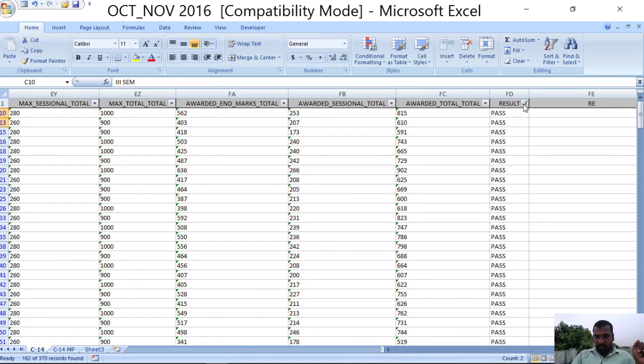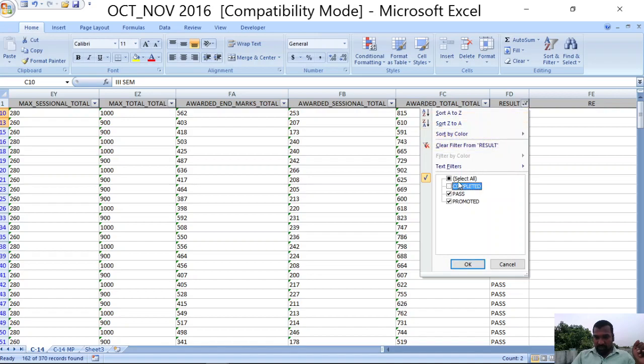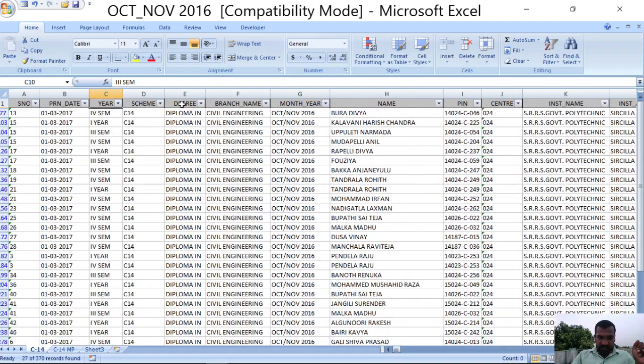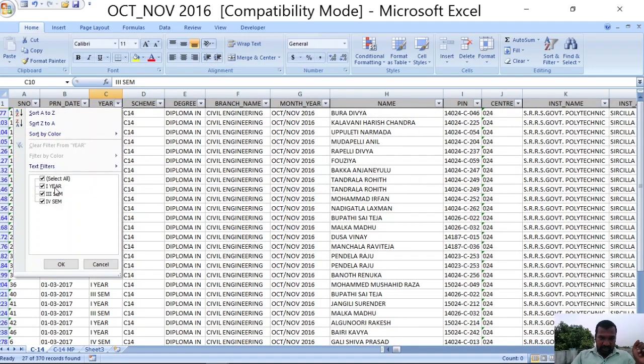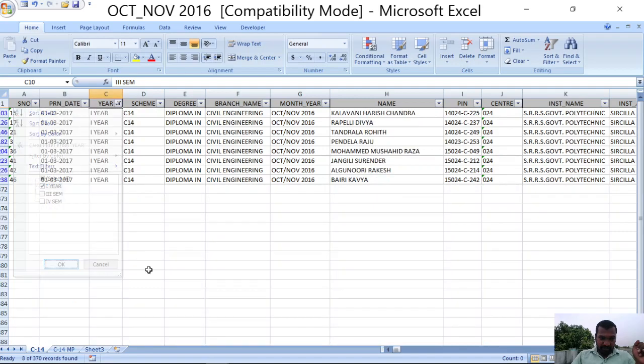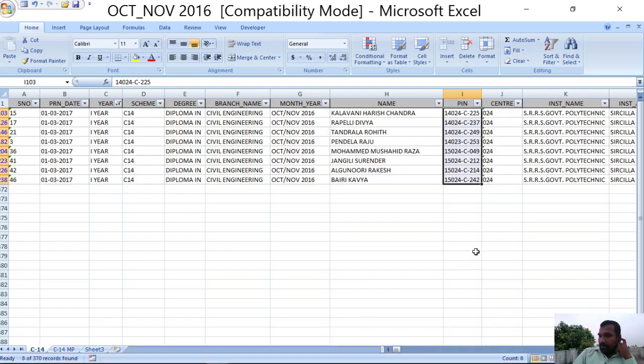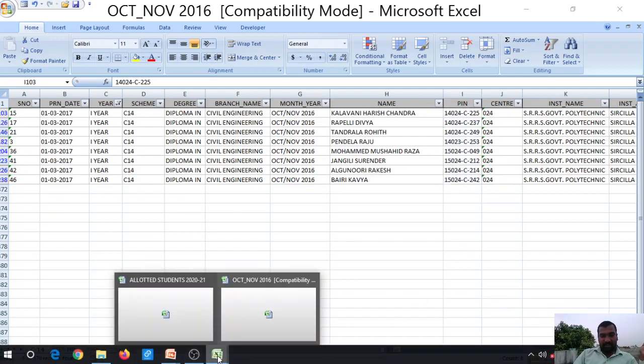So now I am choosing the completed one. Then I move to apply the same filter for year. Here I am choosing first year. Then the same data will be displayed. Okay. So like this you can apply the filters.